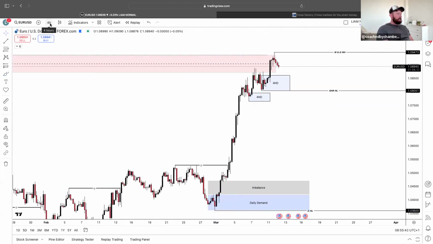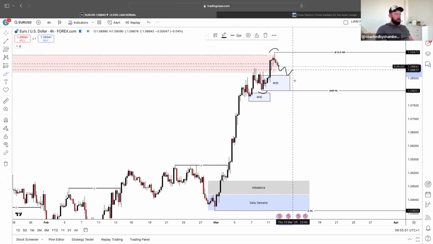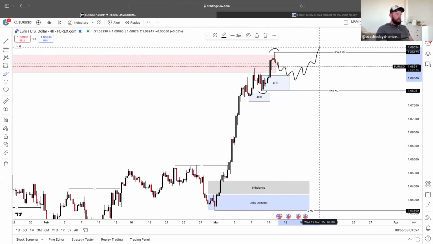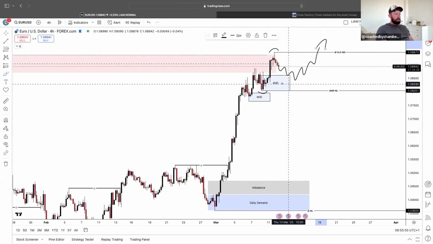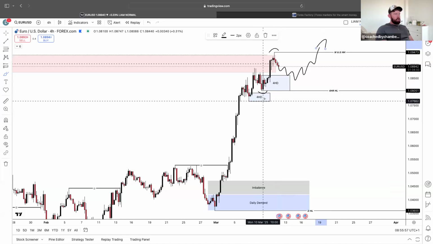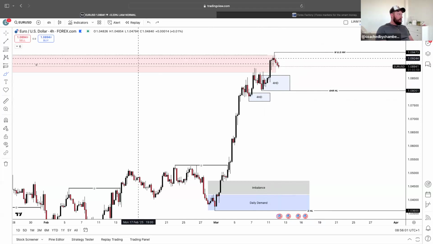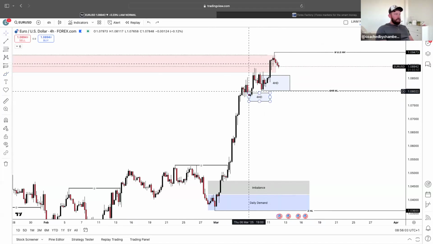So looking at this currently, you can see that we are in this range from this 4-hour higher low to this 4-hour higher high. Of course, if it was naturally going to carry on, it would be looking to see something like this from this demand area. This just missed out on the demand area that I mentioned to you guys, I think, on Monday. But of course, I had it refined.